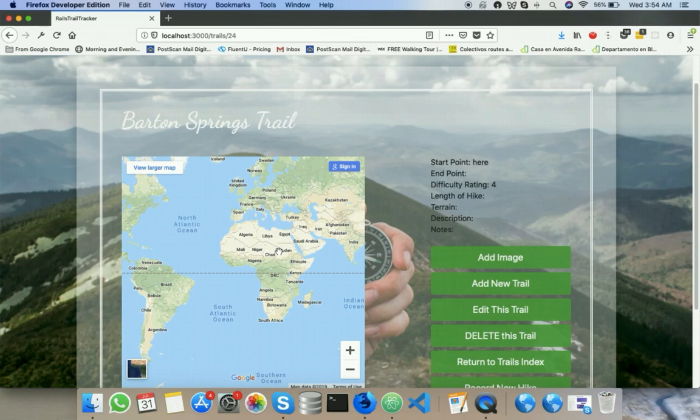Problem number 4, bug number 4 that I came across was when I was deleting a trail, instead of checking for associated hikes before deleting it, the program was throwing an error and stating ActiveRecord statement invalid, no such column as hikes.hikesID, and then was crashing the program. So